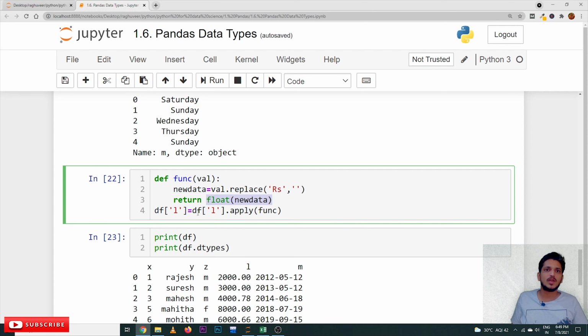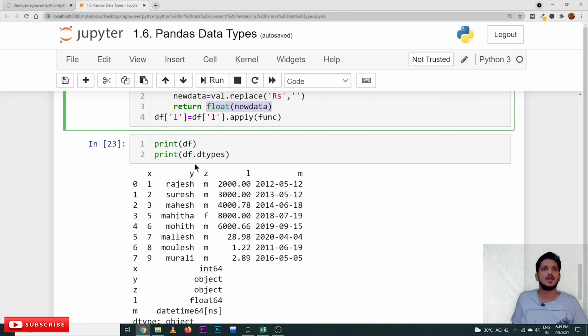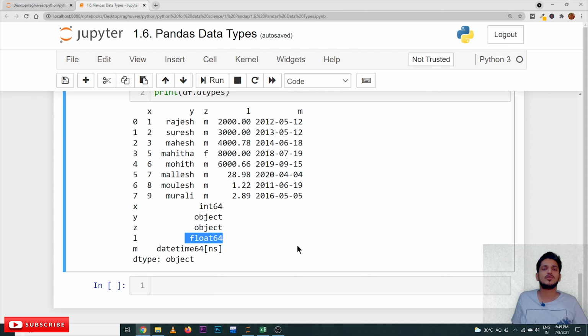So after that, how is our DataFrame taking it? See, if you display print df.dtypes, it is taken as float64. Now we can apply the method sum and all those things. We will discuss the mostly used methods in our coming classes. As of now, we have discussed only a few methods according to the situation.